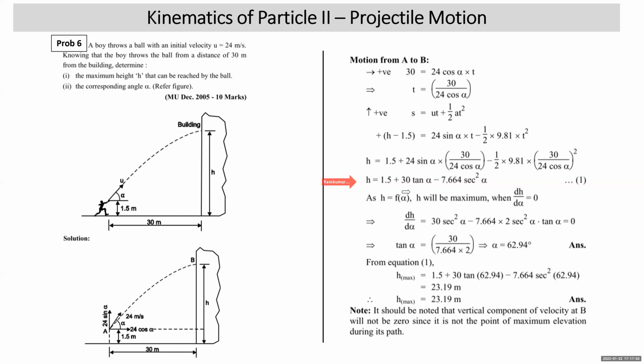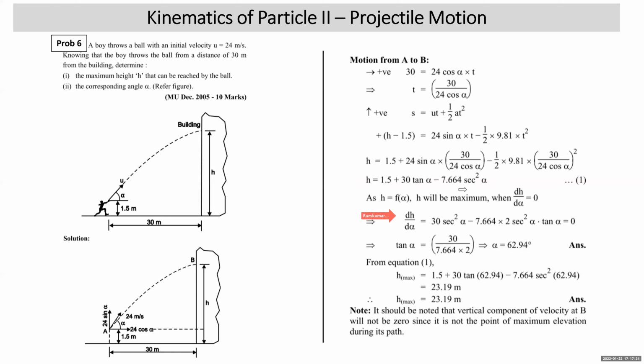Is h a function of alpha or not? We have learned it from maths. If y is a function of x, for y to be maximum, dy by dx is 0. So h is a function of alpha; for h to be maximum, dh by d alpha will be 0. Now write dh by d alpha: the derivative of 1.5 is 0, 30 tan alpha gives 30 sec square alpha, minus 7.664